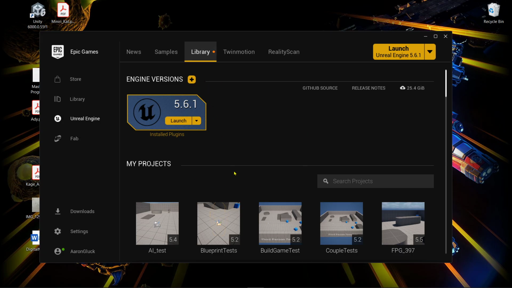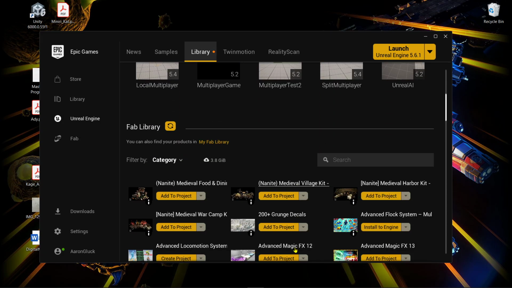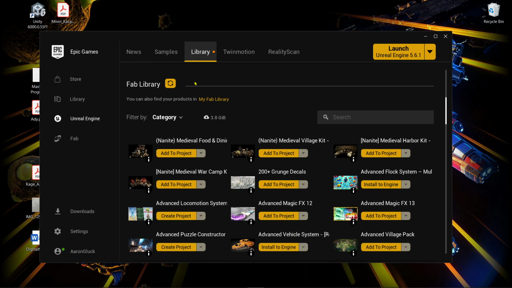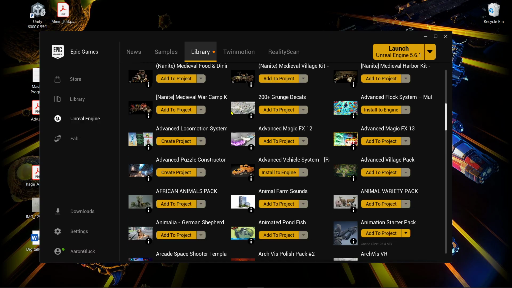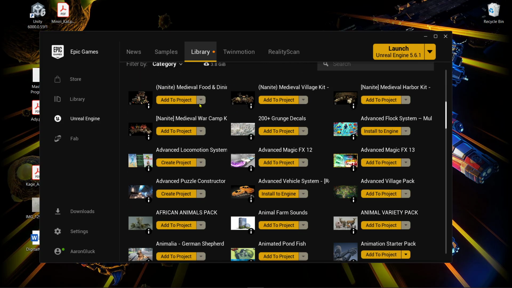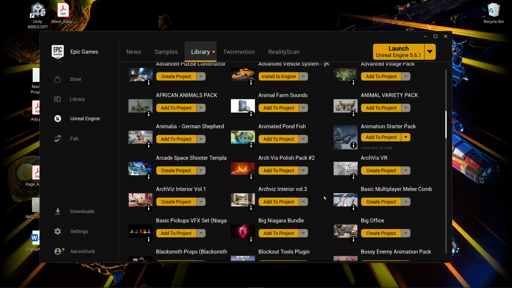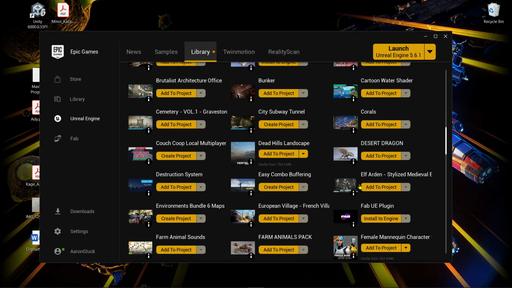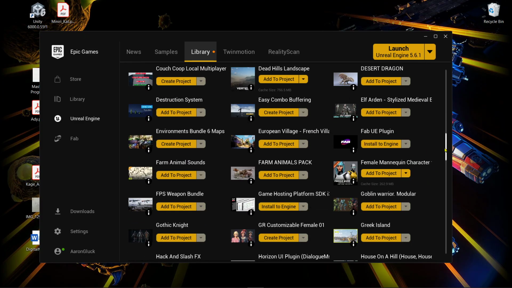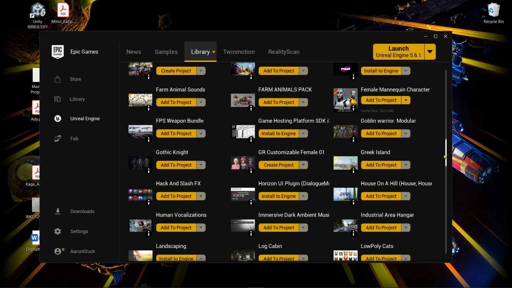Library is where your old projects would be. Any assets that you have are going to be here in the Fab library. Some of them you will add to your project. Other ones you need to install directly into the engine or create a project based around it completely. So there's lots of different options. Like usual, I have way too many. The other part of these, at least library-wise,